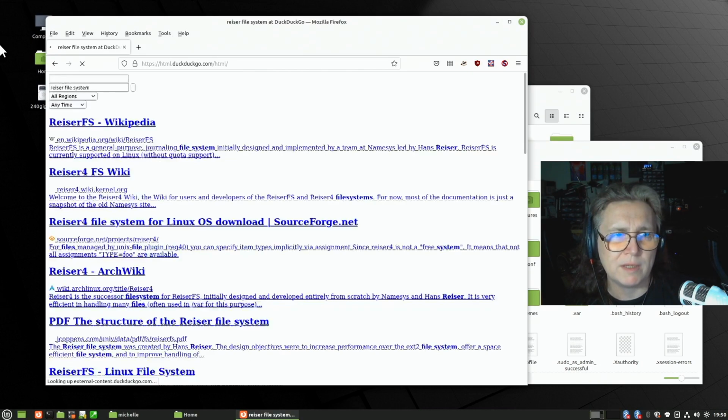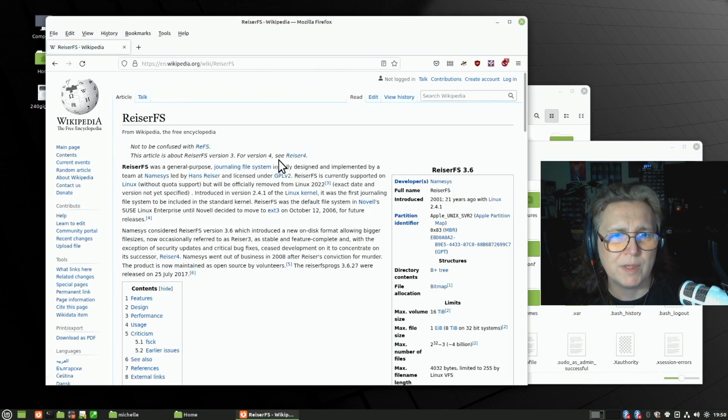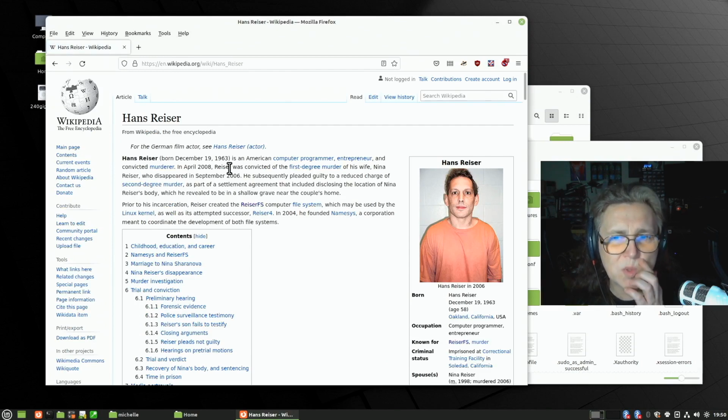He ended up in jail, I think. ReiserFS went through a number of versions. For version 4, see Reiser4. This was led by Hans Reiser. And Hans Reiser,